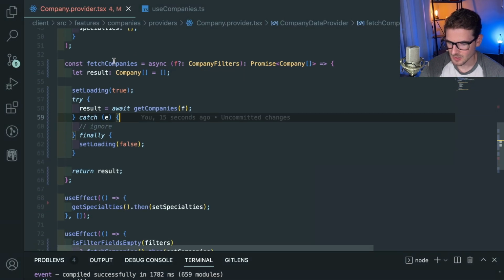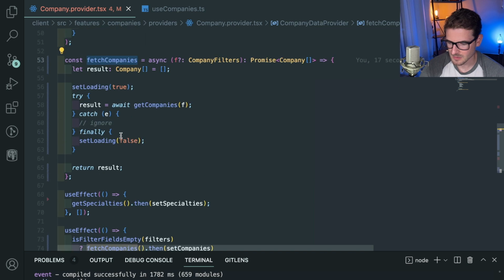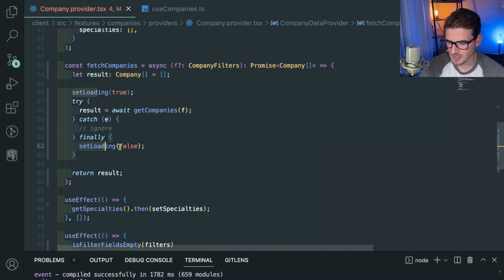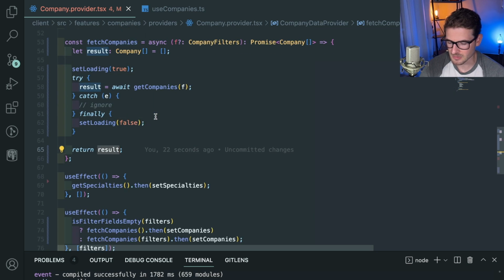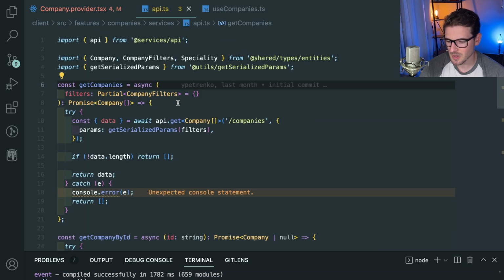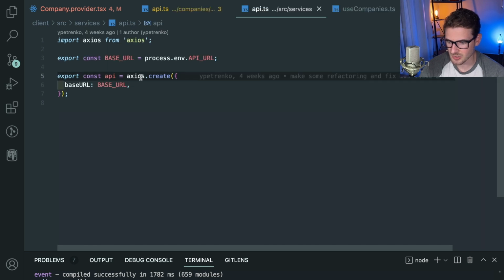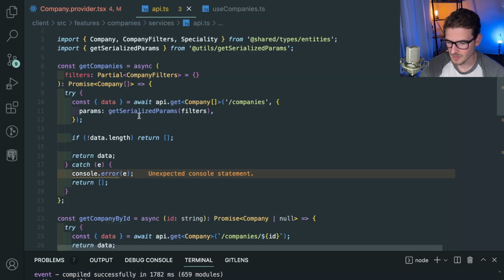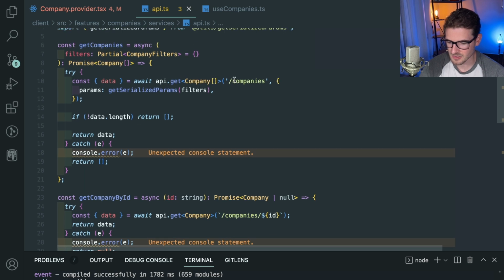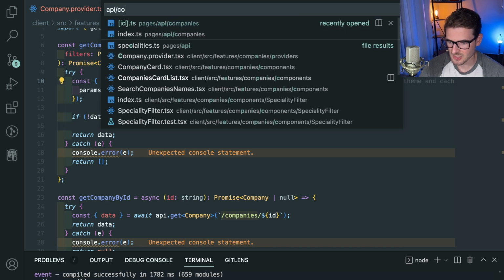But yeah, let's see what's going on here. Set fetch companies. That's setting loading to true, and then finally he turns loading off, and then he returns the results here. Get companies is probably a backend API endpoint. I think all he's doing is loading some data from services, which is just loading data from state or from data or something. He does an Axios get on /companies. So if I were to go to API/companies,